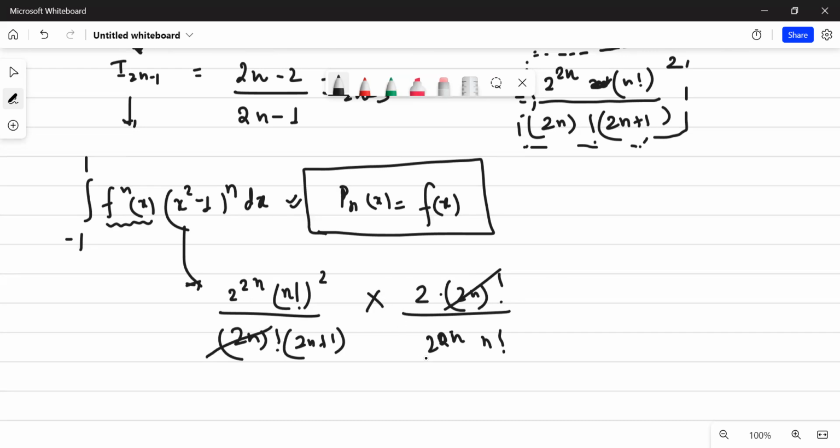This will become 2 की पावर 2n will get cancelled with 2 की पावर 2n, है ना? एक n factorial का whole square है, तो एक n factorial ऊपर आ जाएगा। So this is 2n factorial divided by 2n plus 1, राइट? हाँ यस। अभी भी कुछ तो इश्यू है, I don't know what is wrong. ये 2 की पावर 2n, अच्छा ओके ओके।